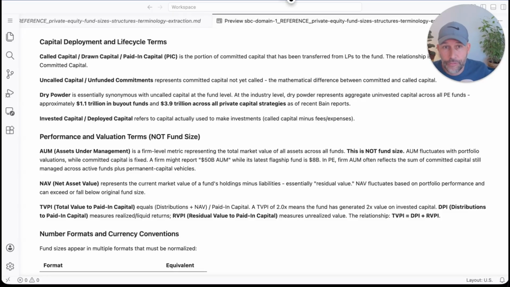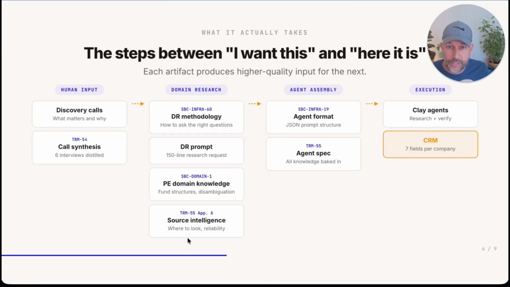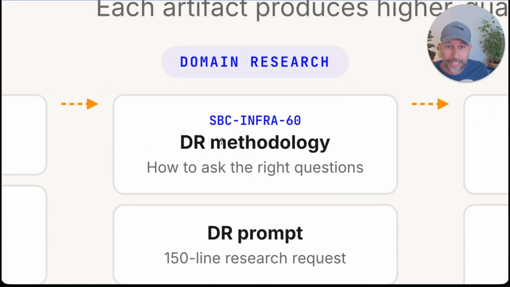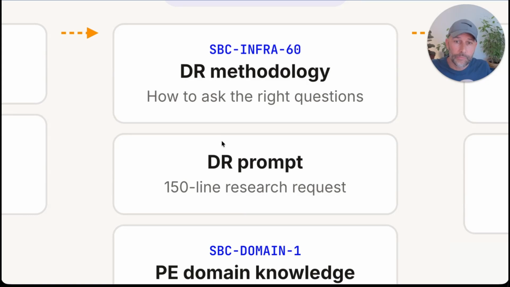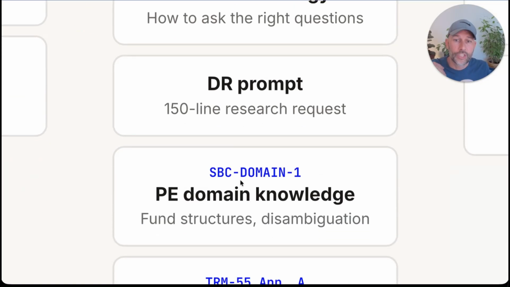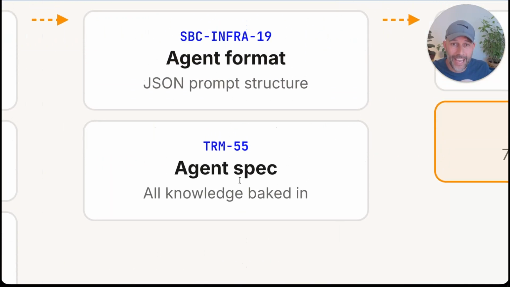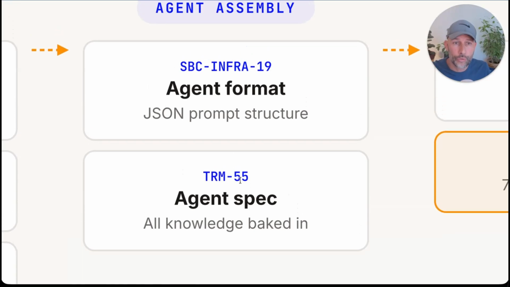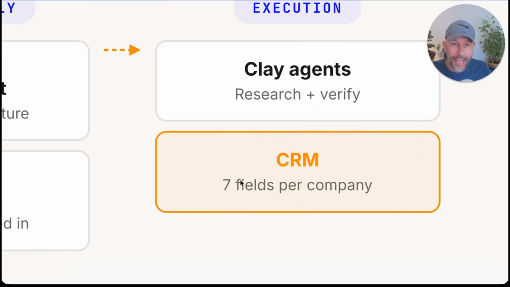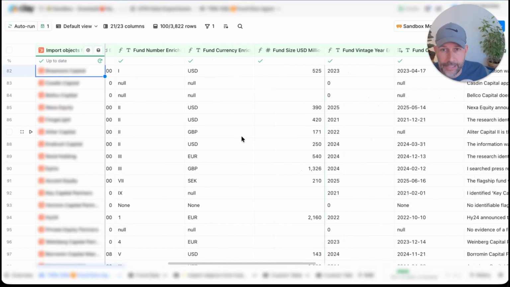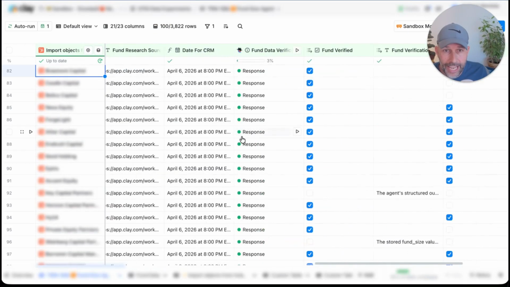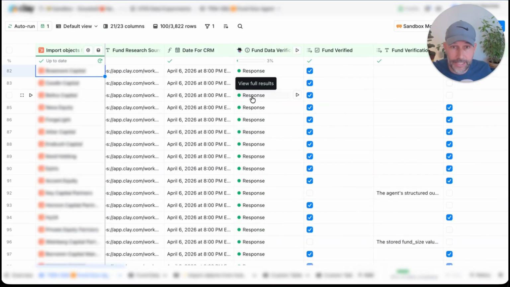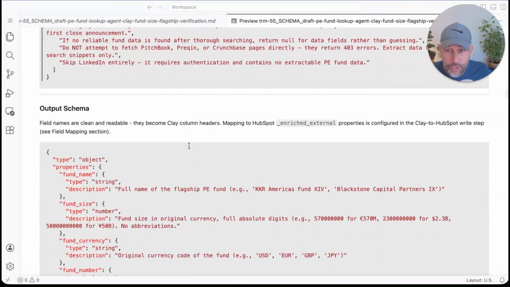You have to manufacture how this deep research is even generated, which is the part of, okay, my deep research methodology being translated into a prompt, generating the deep research for the domain knowledge, which is then in turn used to build the actual agent, and then the agent is actually executed. Again, here it's executed in Clay, producing the data. The data is verified. This is another agent that is actually also in this document.